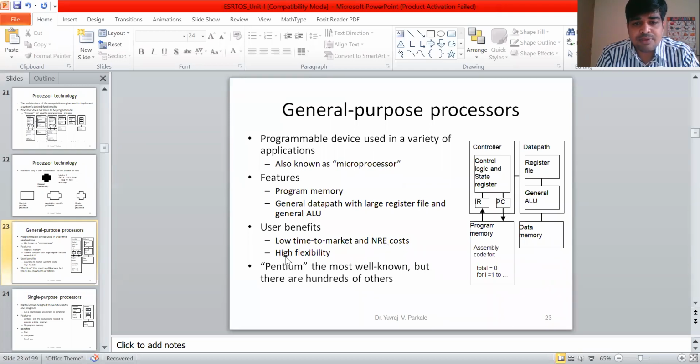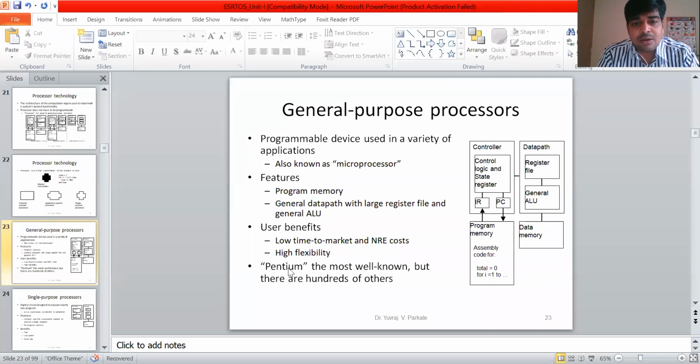and the flexibility of your processor is very high. That means I will get more flexibility. Flexibility means the design flexibility. That means I can use this processor for different applications. For example, if I have designed this processor for addition, I can change it for multiplication and also division. So that is the flexibility. I can perform different types of tasks.